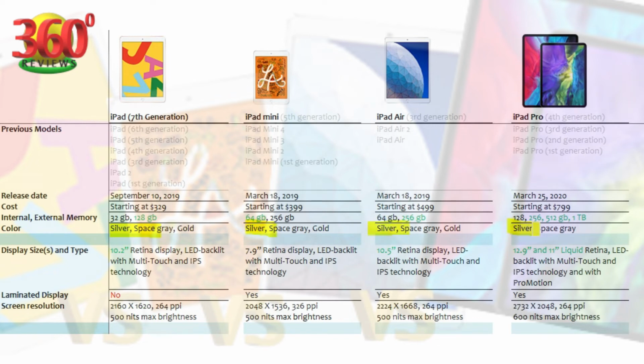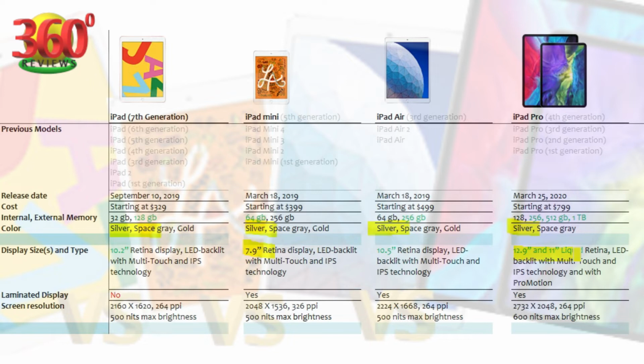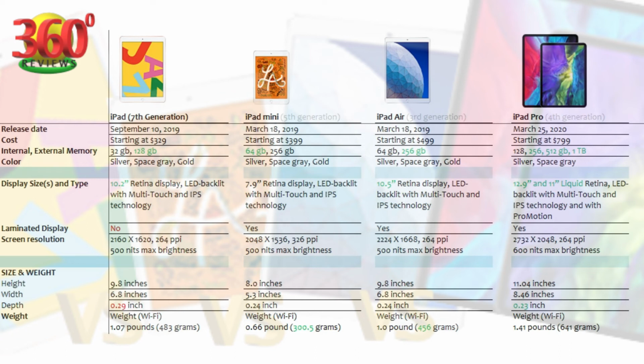With respect to screen size, iPad mini has the smallest screen and iPad Pro has the larger screens. So there are 2 screen sizes here, and iPad 7th Gen and iPad Air have similar screen sizes. The display technology in all of these models is the same except for the Pro models, that is Retina display. Retina display is basically a screen with such a high resolution that everything on the screen looks very crisp and clear, so effectively everything looks more natural.